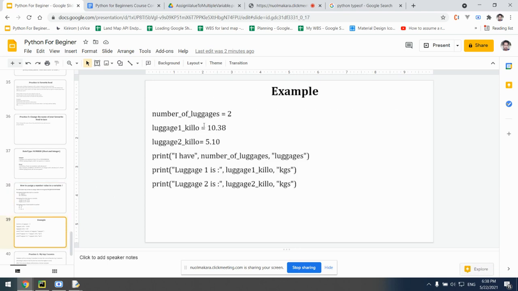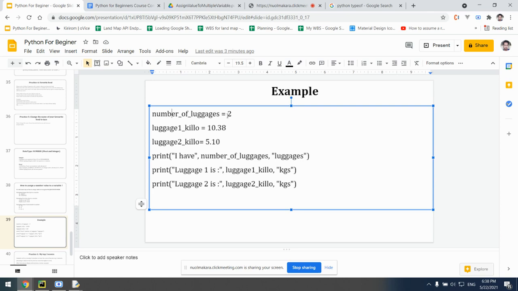Okay, so here is an example. As you can see, I have a variable, number of luggage. I assign an integer value of two into the variable number of luggage, and I also have